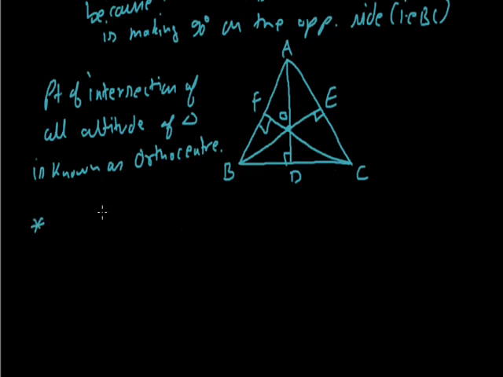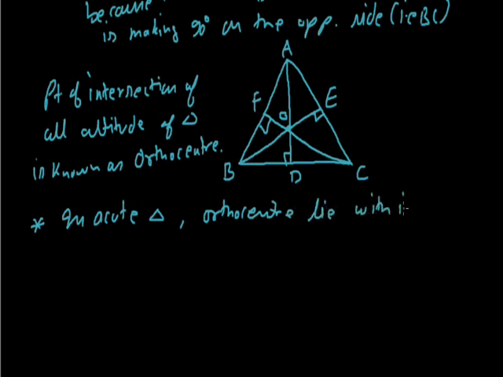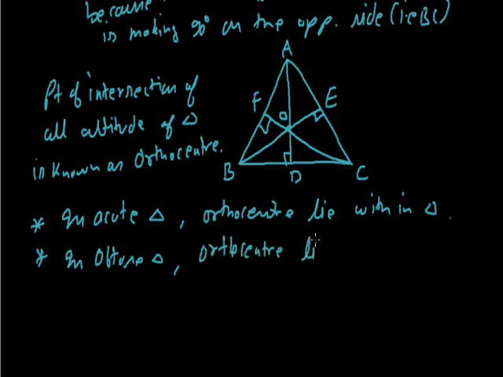It must be remembered that in an acute triangle the orthocenter lies within the triangle, while in an obtuse triangle the orthocenter lies outside the triangle, while in the case of a right angle triangle,